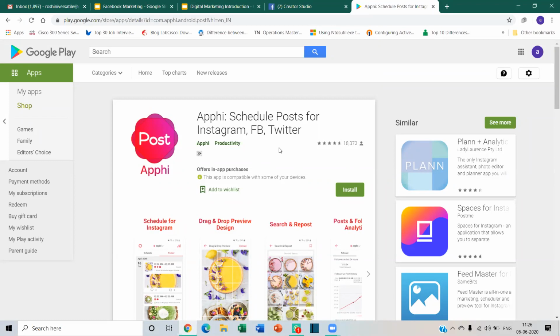There's another application which I have used personally. So Facebook Page Manager, Creator Studio, and Amphi. So you can probably check this also, maybe in Google Android also you can check. It's a very simple application. You can edit the post also and all that. This is the basic application which is used for Facebook scheduling or Instagram scheduling.